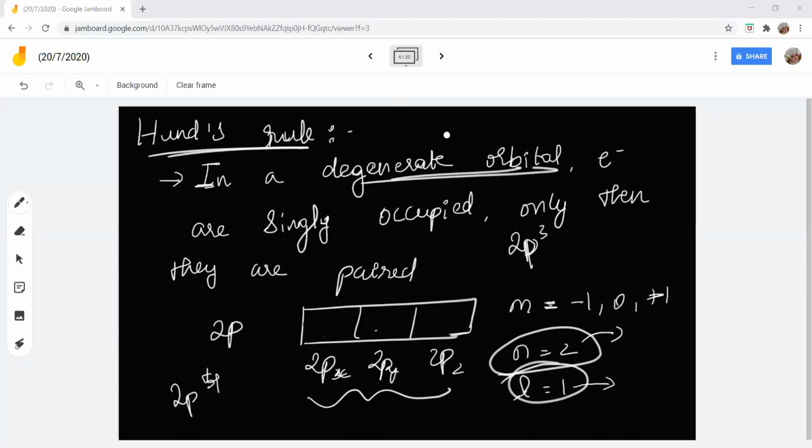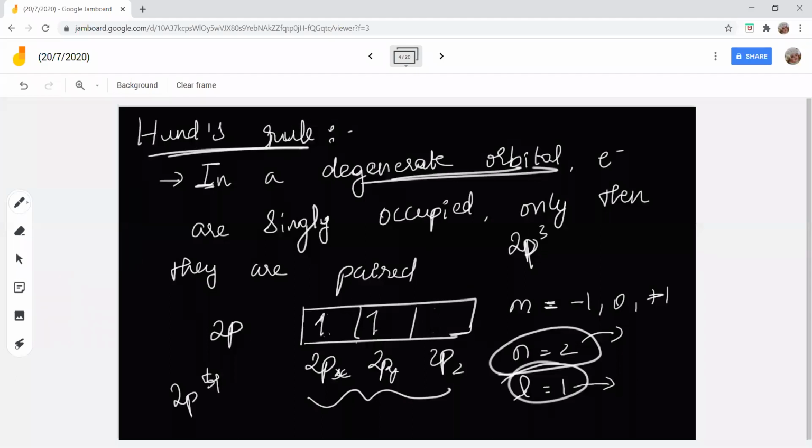Sorry. Okay, so Martin, if you see here, now if I want to fill these 3 electrons, first I have to singly occupy each orbital like this. Each arrow represents an electron. You are not supposed to write it like this. After filling the first orbital, I'm not supposed to go to the second orbital. Do you understand, Martin? No, ma'am. Martin, the orbitals have the same energy. Do you accept that? Yes, ma'am.